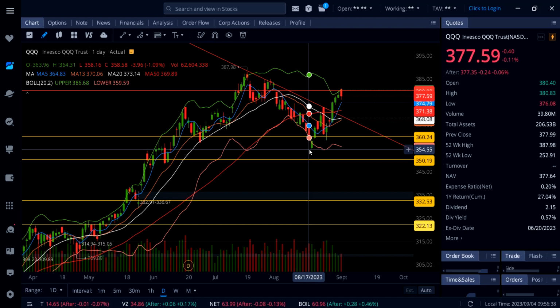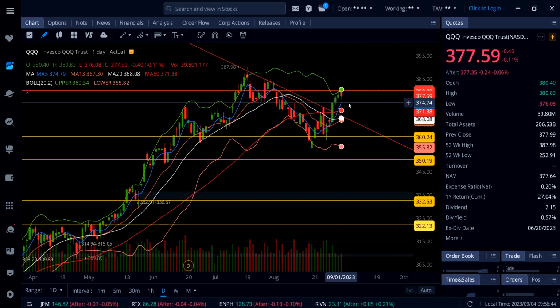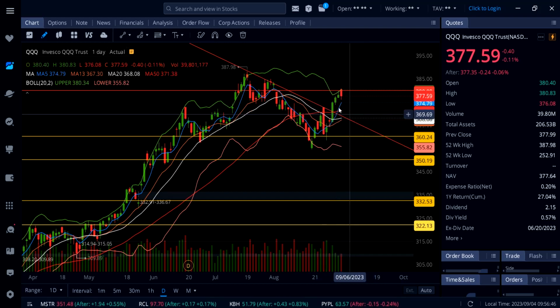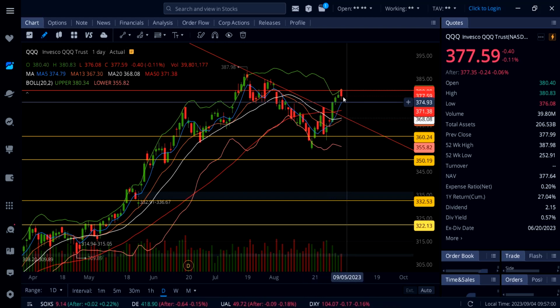And then we saw that pullback, but it's holding above a key level, 375, the blue line 5 SMA. Now on Triple Q, guys, if 380 breaks and that holds, you're going to see more upside, possibly going all the way up to 393, and that's going to be the next stop on Triple Q before coming down, but it needs to hold 380 as a